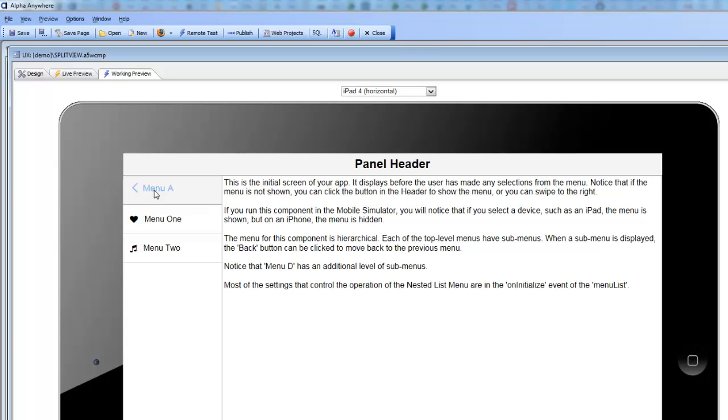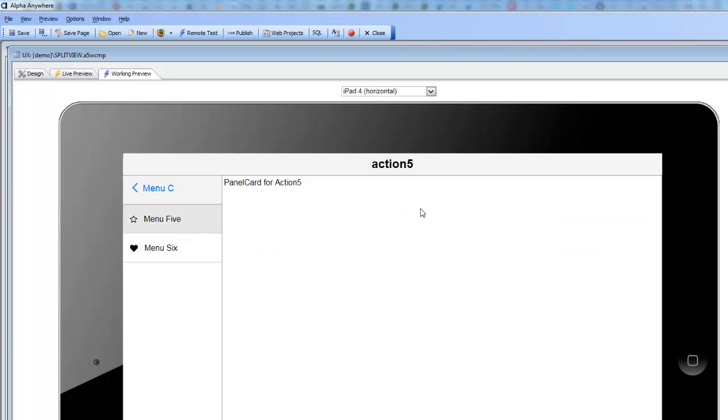So I can go back now to menu A, or if I go here, for example, to menu D, which has an additional level of sub-menus, if I now click on menu E, you can see that the sub-menu gets displayed and the back button now says menu E, so that goes back one level, and then click this button a second time and then I go back two levels. But if I click on something that doesn't have a sub-menu, then that's an actual menu action, and then you can see that the action is